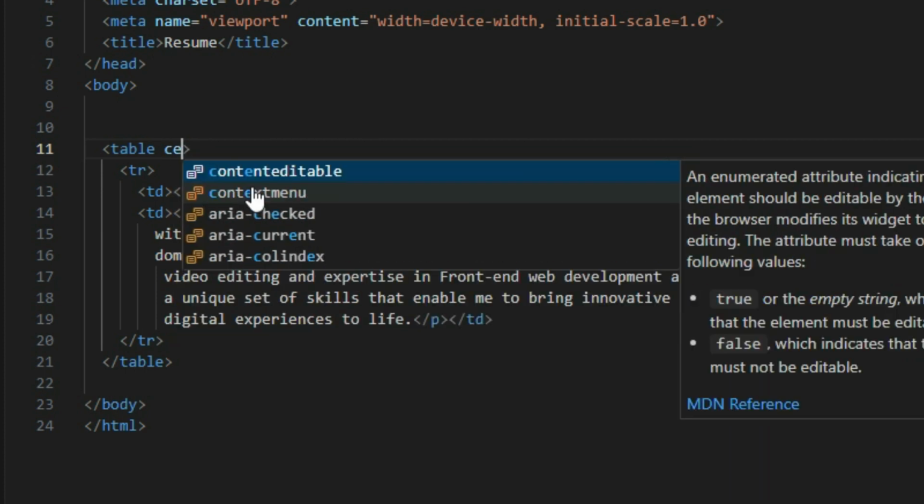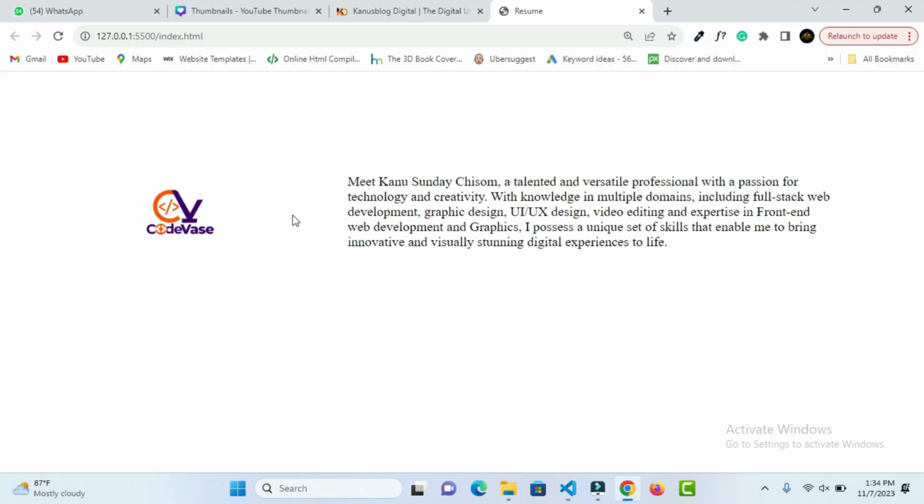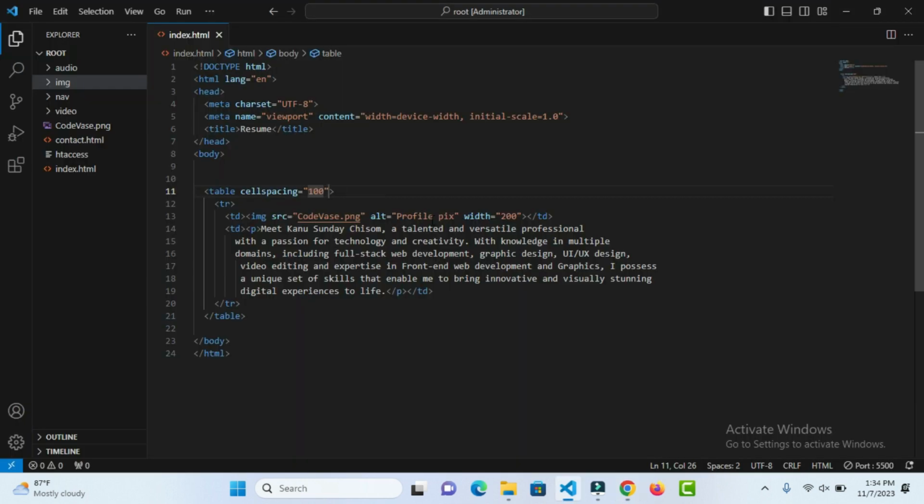Cell spacing. We have cell spacing. You can see cell spacing should be 100. You can see that this thing, are you seeing it? It has increased. It has given space to all these places. So you can see the space between this image and this write-up has increased. Okay, so why, if I remove this cell spacing here,